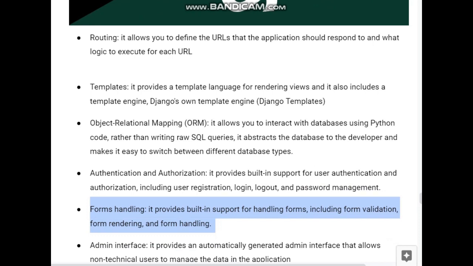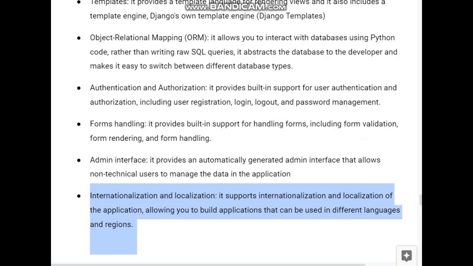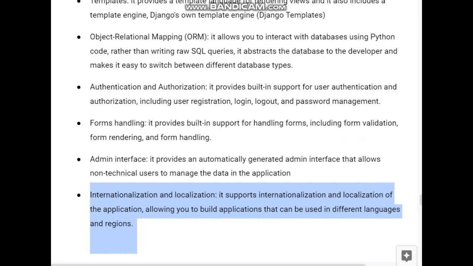Forms handling. It provides built-in support for handling forms, including form validation, form rendering, and form handling. Admin interface. It provides an automatically generated admin interface that allows non-technical users to manage the data in the application. Internationalization and localization. It supports internationalization and localization of the application, allowing you to build applications that can be used